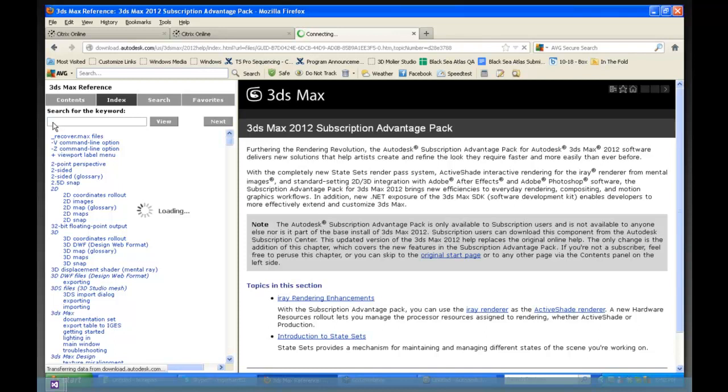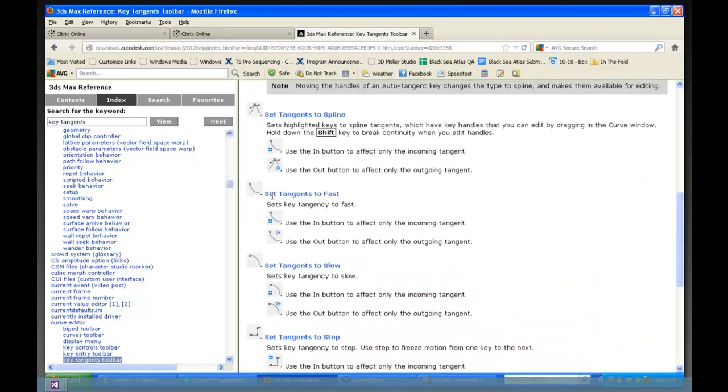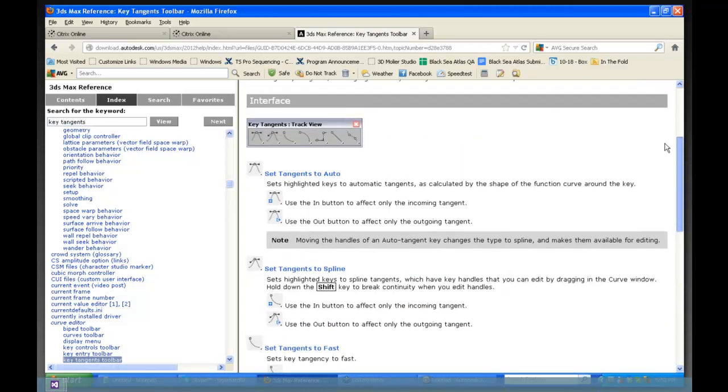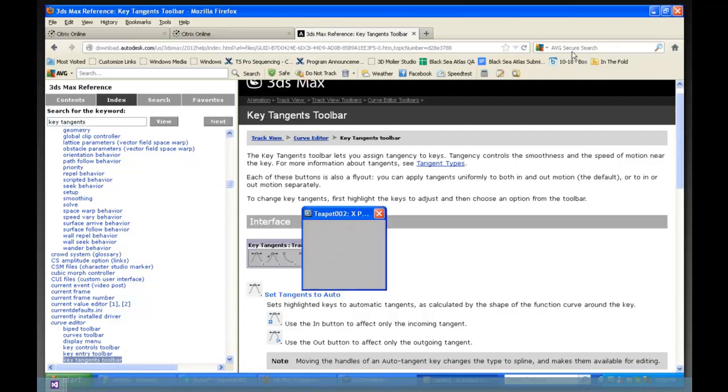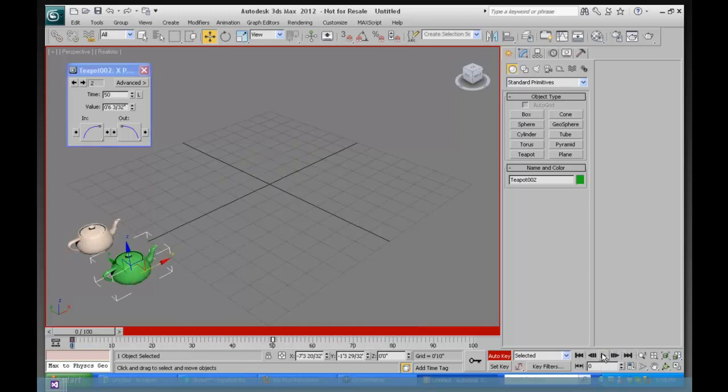And we have to do this because there are no tool tips on those icons. Key tangents. Let's see if that brings it up. View. Key tangents. There we go. Okay. Set tangents to fast, set tangents to slow. So if you need to know what they are, set them to linear, set them to smooth, set them to spline, set them to automatic. There they are. So now if we hit the playback button,